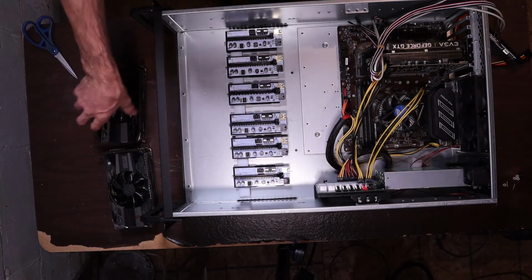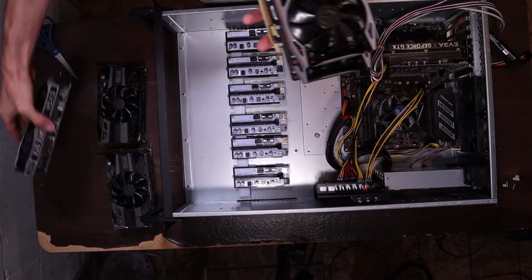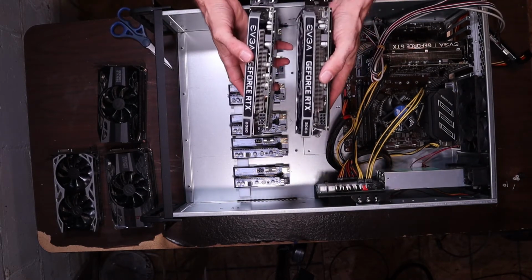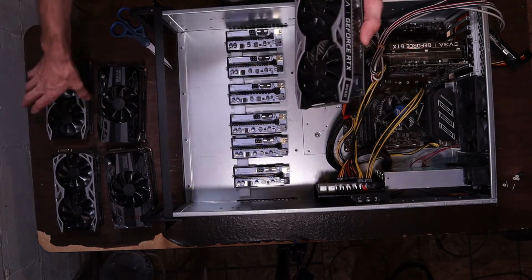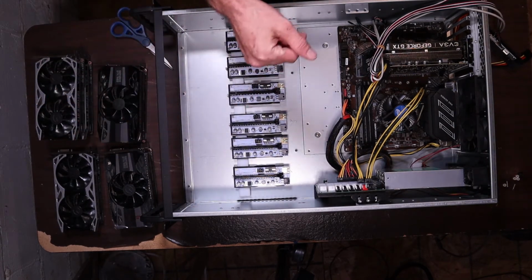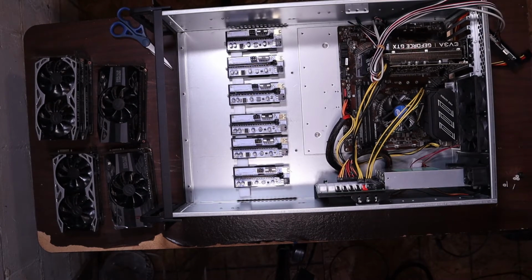One, two, three. So do we put, that's a 1660 Ti, that one can go in here. I have two 2060s that we can put in, or we can put in 1, 2, 3, 4. We still need 2 cards. So one of those 2060s has to go in there, or